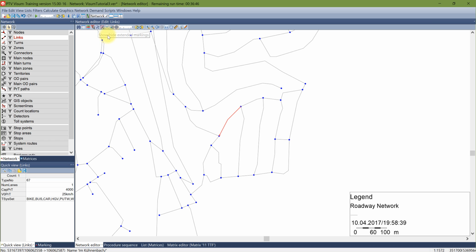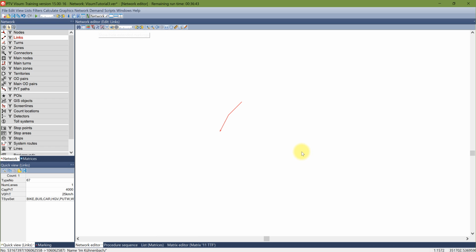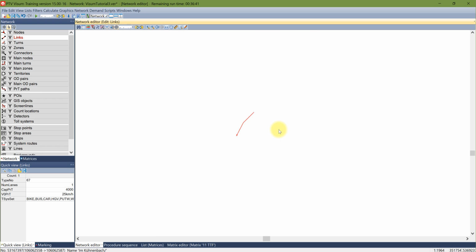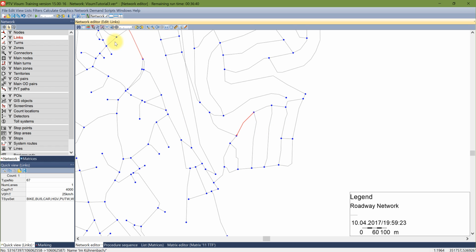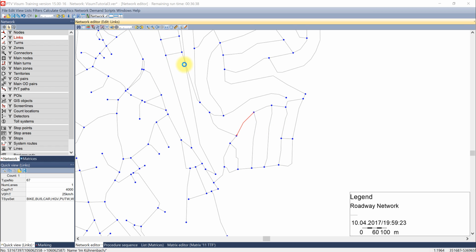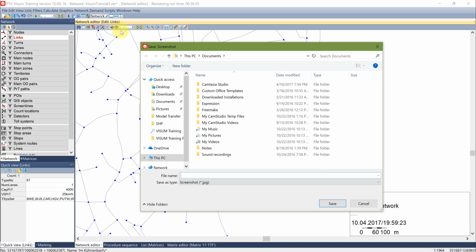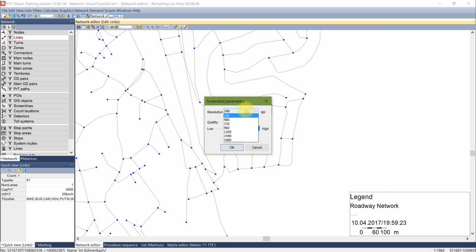Okay, here you can take a screenshot from your network, so with some high quality, or the quality you define. Okay, so if I want to take a snapshot, I will just click the name, and it will save it for me as a JPEG, and I can take the resolution. Okay,